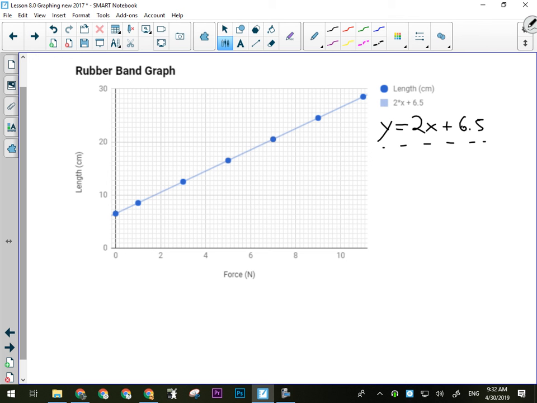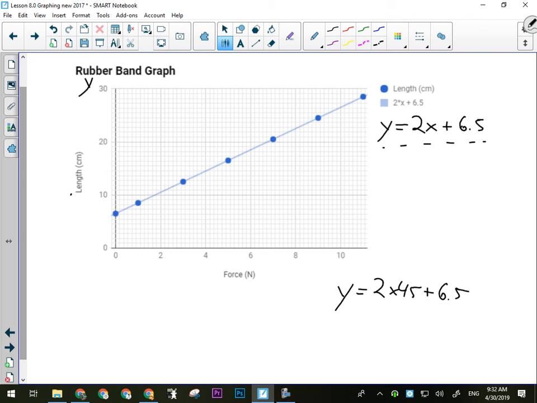Y, right? Because length is on the y-axis. So it's asking me to calculate a y value, and it told me the force. Well, force is an x value because force is on my x-axis. And we said it was 45 newtons. So what we would do is say, okay, y equals 2 times 45 plus